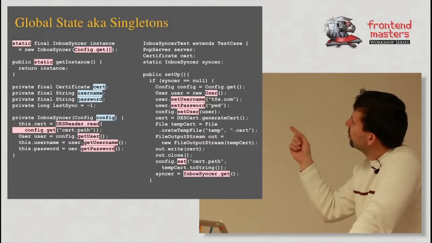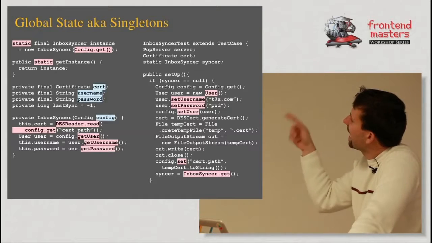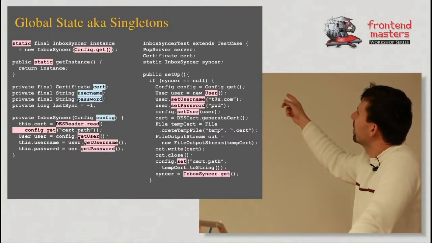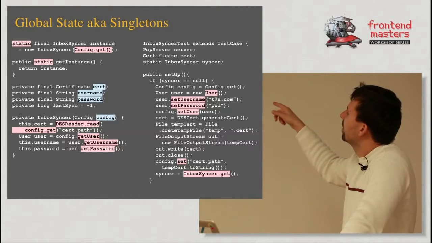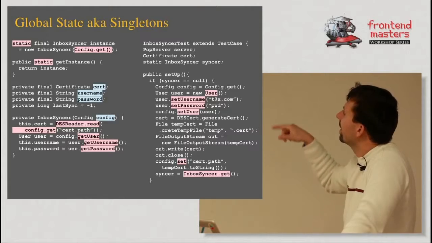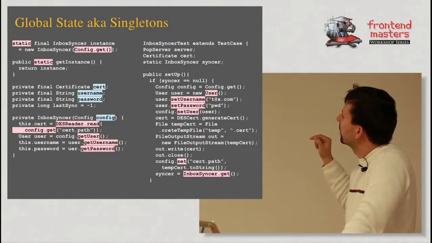Then I need to create a cert username and password, but it doesn't ask for a cert username and password. Instead, it asks for a config. So on the right-hand side, I'm going to have to make a config. I'm going to have to make a user. I'm going to have to set username and password on user, and then take the user and put it in the config. And it also wants the certificate, so I'm going to have to make the certificate, put it in